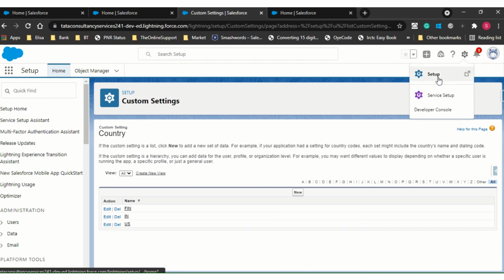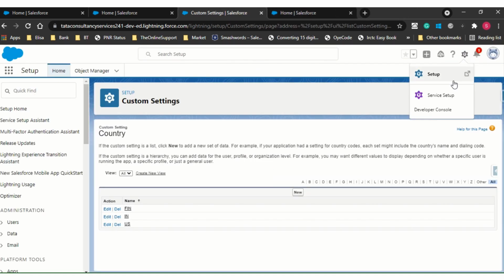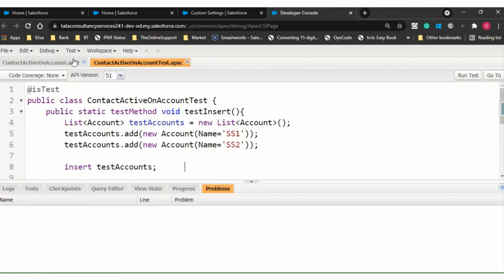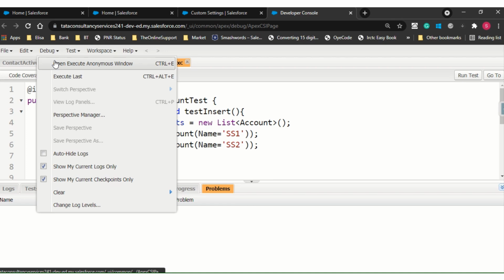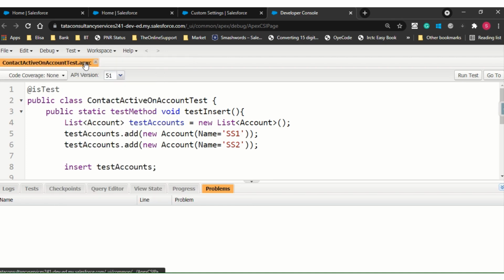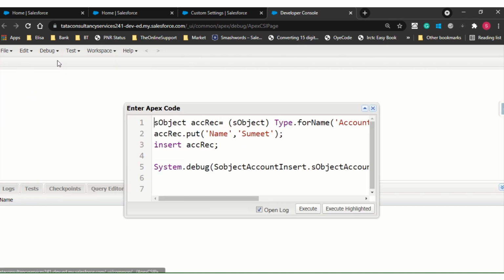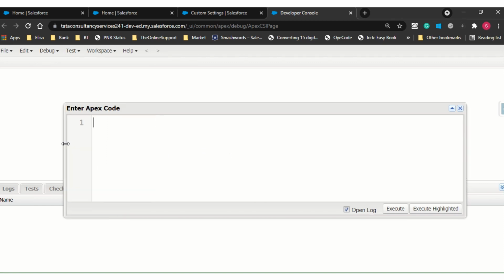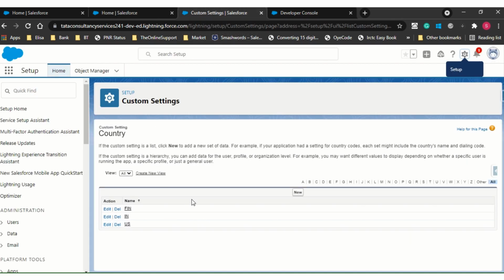What I'm going to do now, I will close the developer console. Whenever you want, you can disable it, right? Let me remove all this code. Okay, do you know what our object name is?